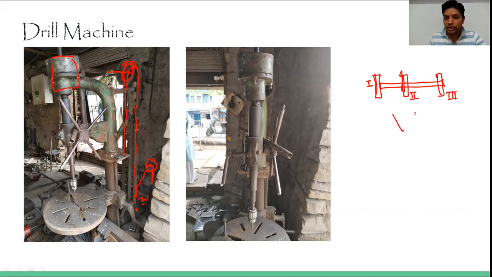The purpose of the bevel gear, all of you are aware of, or if you are not, I'm just briefing you, not going into the details: a bevel gear is generally used when we have to transfer power at 90 degrees. If this is the horizontal shaft and this is the perpendicular vertical shaft, and we have to transfer the horizontal motion to the vertical motion, then we can use such gears. We call it a bevel gear.